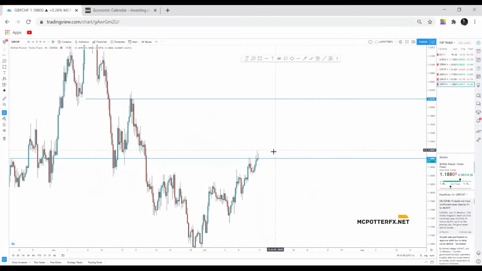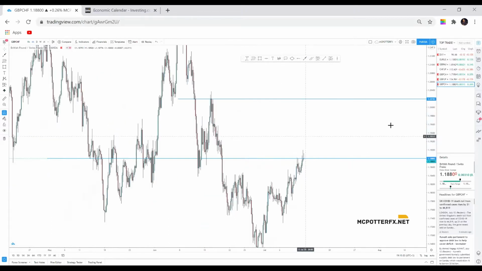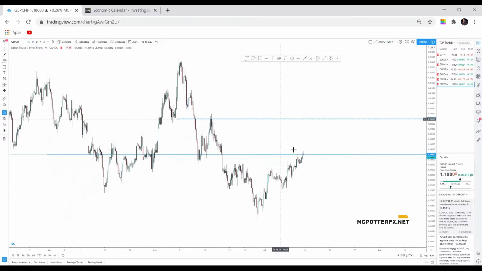So the next possible target for the market to hit is 1.202. So that's the next possible target, if the market does manage to break above. So why am I going all the way explaining all that information? It's simply because when you're trading, you need